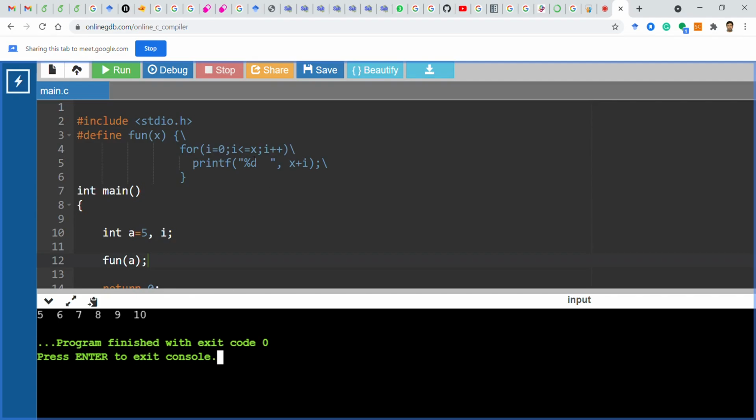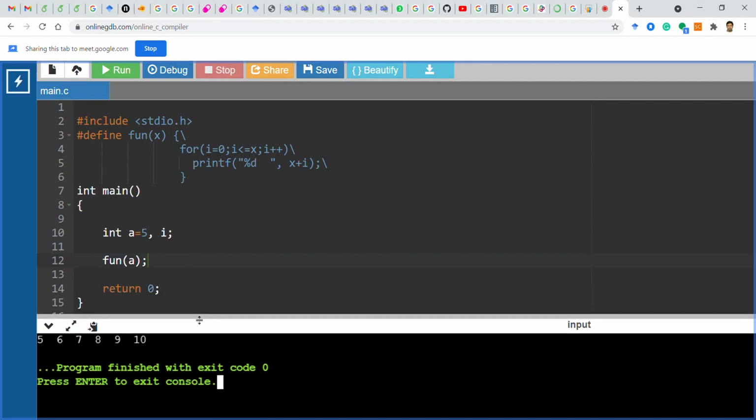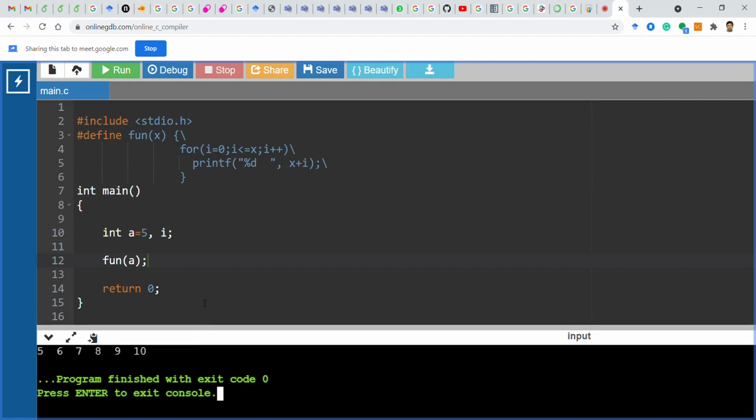In this way it runs up to 5, so 5 plus 5 is 10. That's why you will get this particular result. So from this example, one thing is clear: how a macro definition having multiple lines is executed.